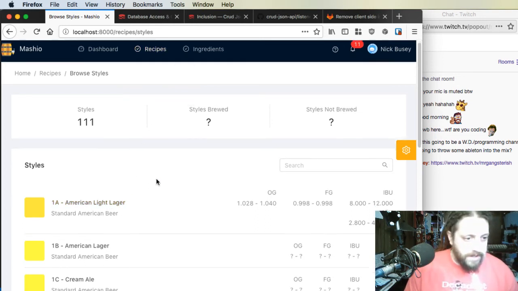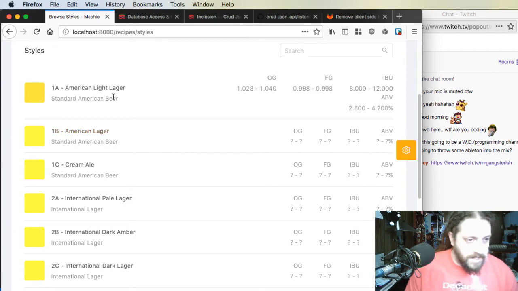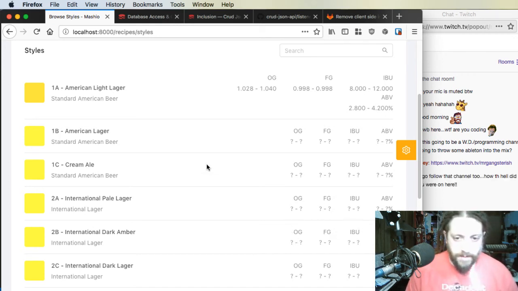So I'm trying to get a recipe right now to be able to associate with these styles. I want a drop-down box where I can say, okay, it's either an American Light Lager, a cream ale, or an International Dark Amber, and it'll pull in these numbers, and then when I'm building my recipe, I can make sure I'm hitting these various numbers, my OG, FG, IBU,